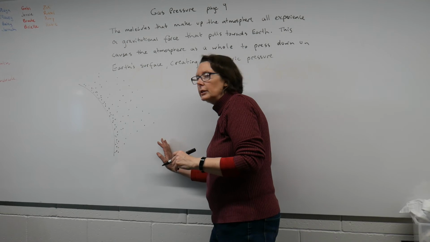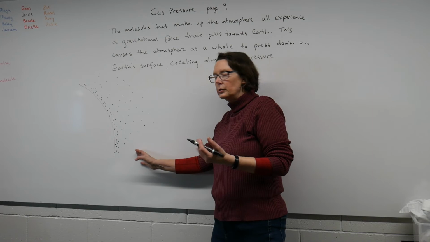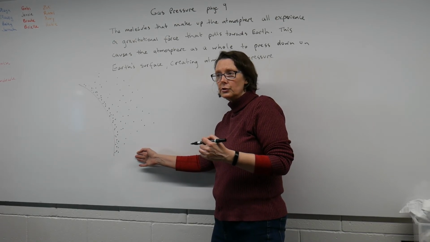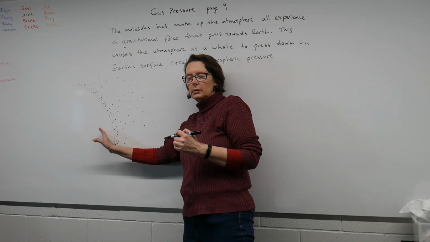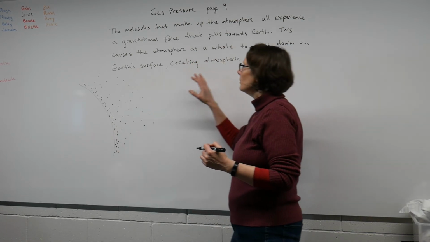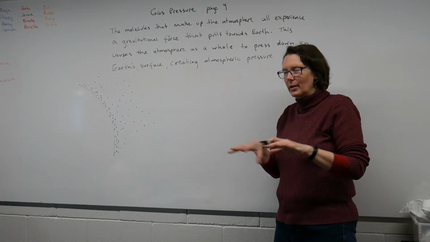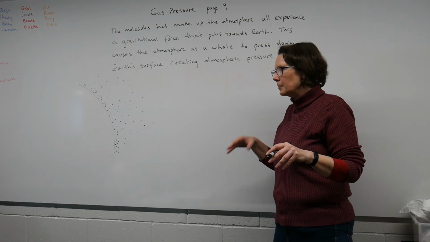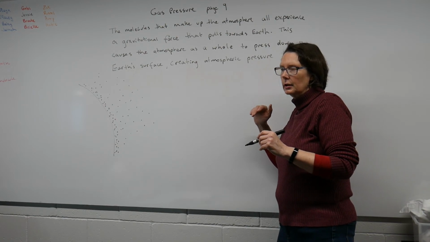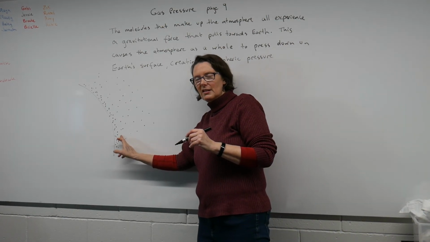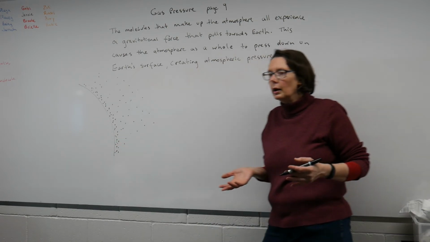So yes, they're evenly distributed, but because they are particles, they are also attracted to the Earth, and so we have this greater density of particles close to the Earth, which is why we have to qualify that we're thinking about sea level when we talk about pressure, because even if we're on a mountain, we're going to have lower air pressure. There's going to be less density of the molecules,